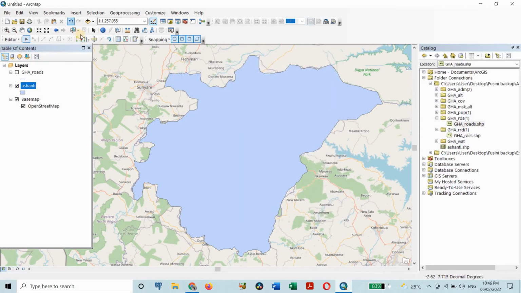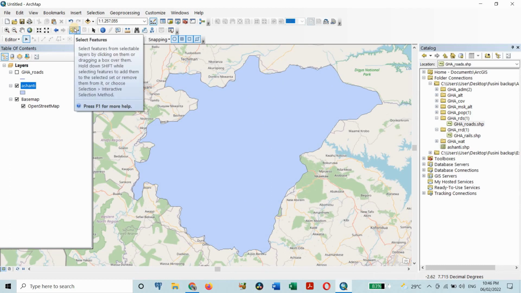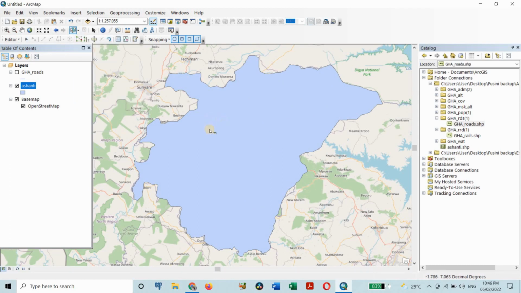And with this, you have to select the feature that you want to cut. So I've selected it, and then you come here, cut polygon, to split one or more selected polygons based on a line you draw. So you can click on it. So if I want to divide it into two portions from here,